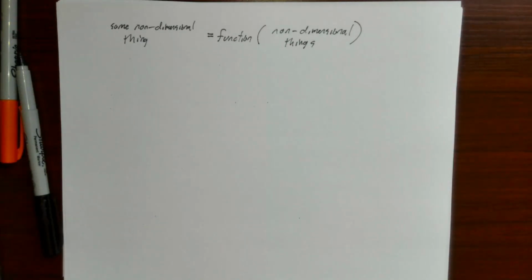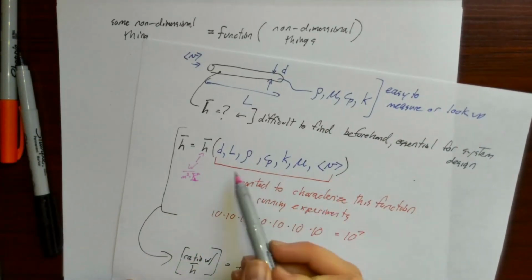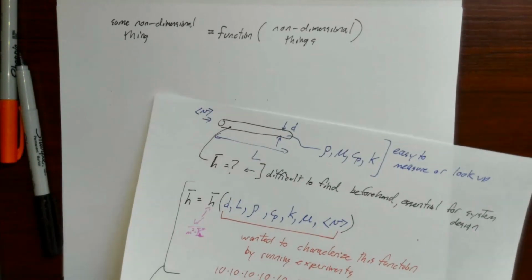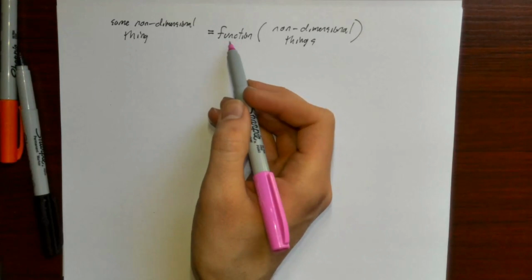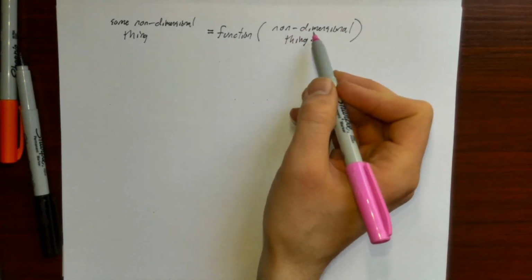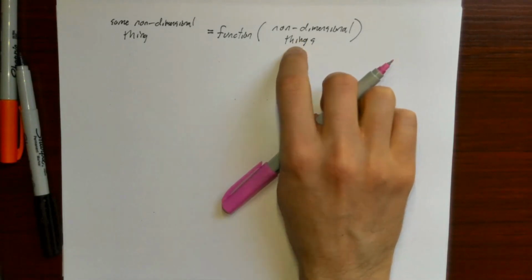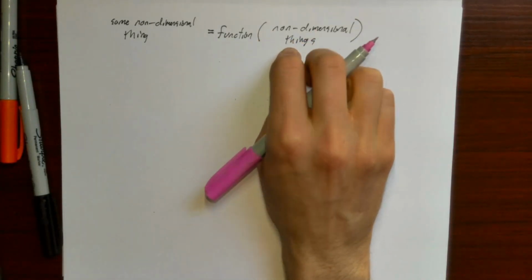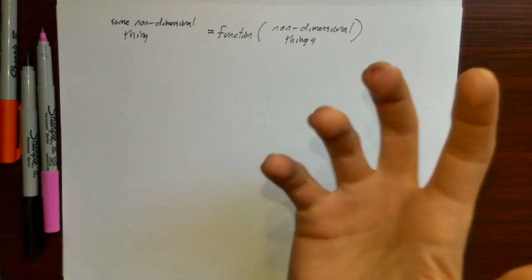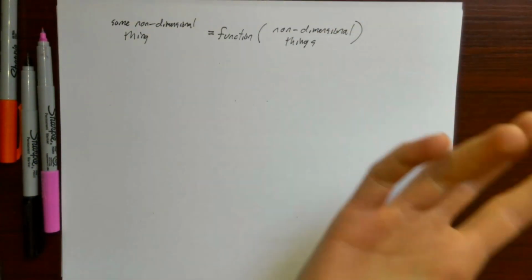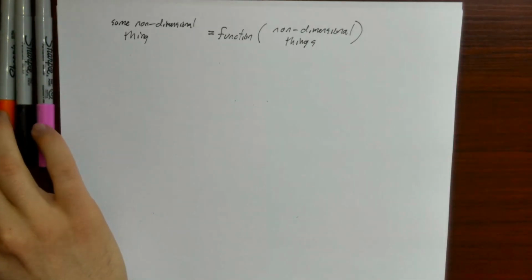So what does it mean? If we have h bar, which has units, it's a function of all of these other things that have units. But something that's non-dimensional can really be a function of only non-dimensional things, right? If something that were non-dimensional were a function of something with watts, then watts would have to be this secretly universally special quantity, and that just doesn't exist, right? Watts are arbitrary, seconds are arbitrary, meters are arbitrary.